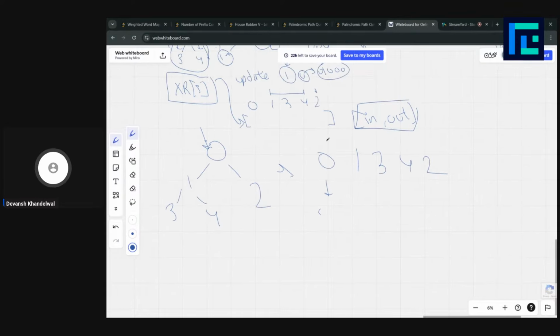So yeah, each would have an in time and an out time, and this also tells us that, let's say it starts at 0 and if it ends at 5, right? What would be the end time of this one? It would start at 1, and where would it end? It started at 1, it went here and went here, and 2 and 3. Let's say 3 at the end, and this ended at 4. Let's say this.